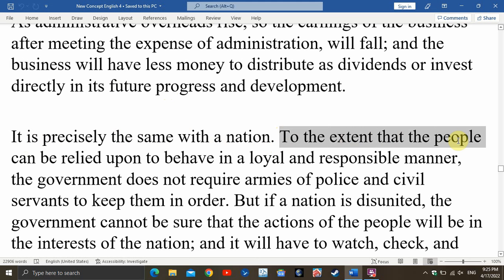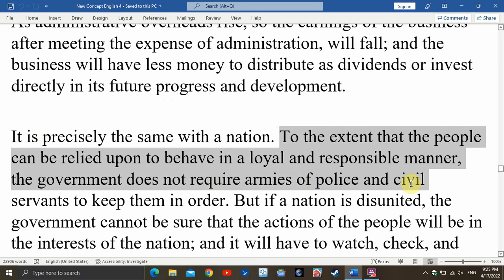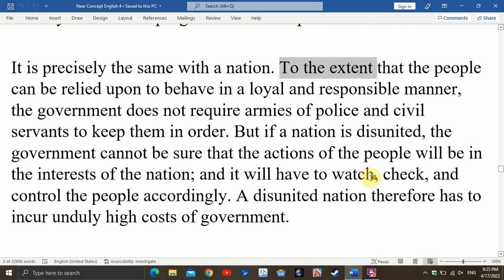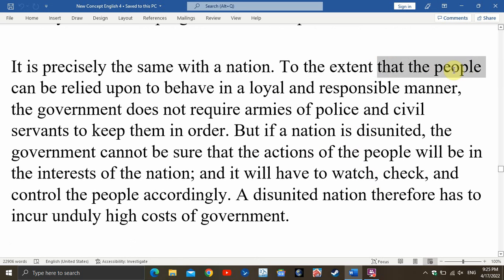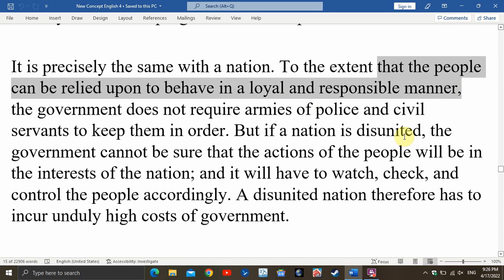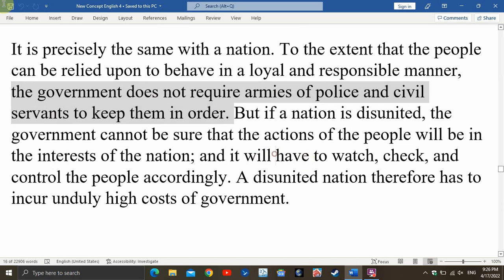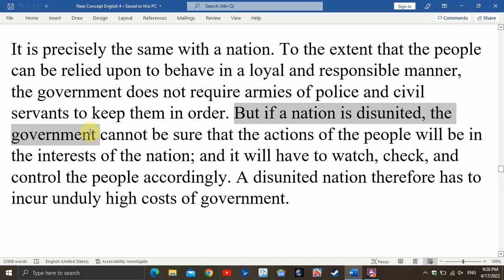to the extent that people can be relied upon to behave in a loyal and responsible manner. The government does not require armies of police to keep them in order. 那么这里又有一个 to the extent，这个 to the extent 是介词短语，对不对？好，那么这里是 that the people can be relied upon to behave in a manner，到这里，那么这个又是一个同位语从句，做 extent 的同位语。什么 extent？That the people can be relied upon to behave in a loyal manner。然后这个主句，the government does not require armies of police to keep them in order，这个是简单句。